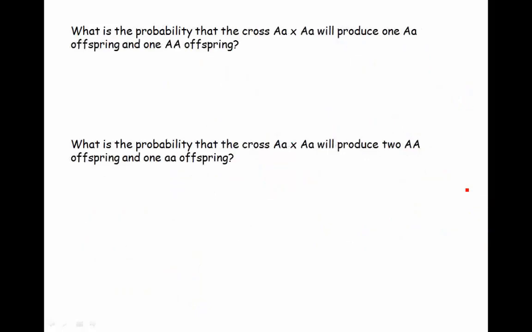Okay, if we now apply this to genetic crosses, if we look at this one, we want to know what is the probability that that cross will produce 1 heterozygous offspring and 1 big A offspring. Okay, again, we're not specifying an order here. So we do have to consider the different possible ways that this could happen. We could get heterozygous first and big A second, or we could get the homozygous dominant first and heterozygous second. If we figure out the probabilities of each one of these ways,